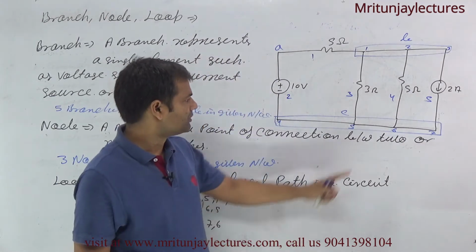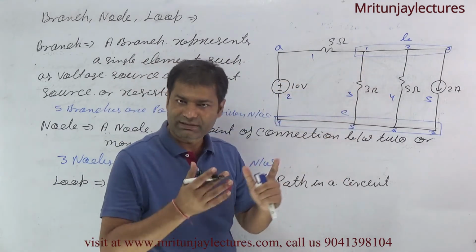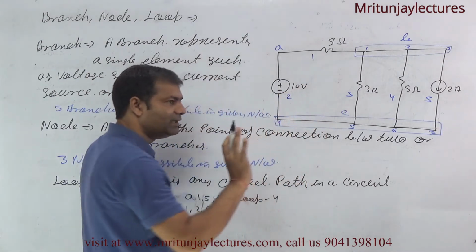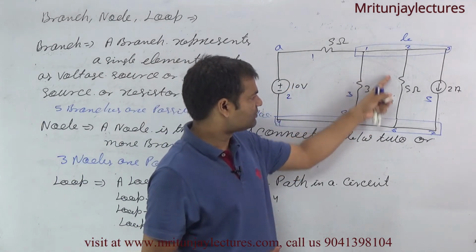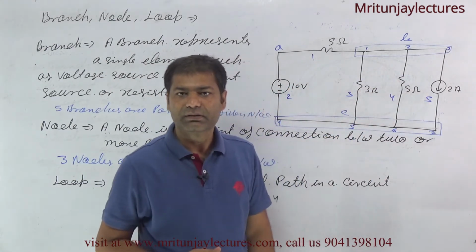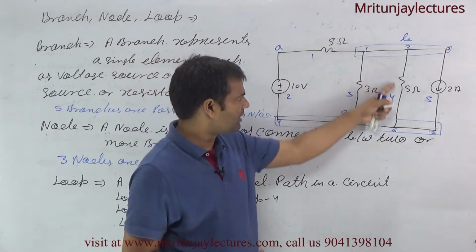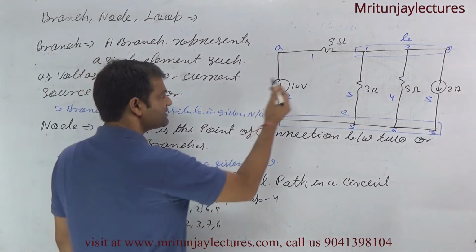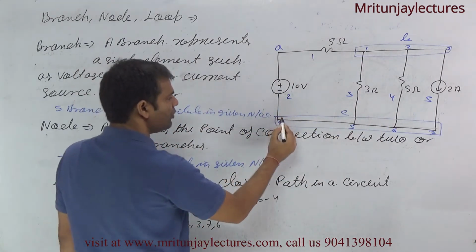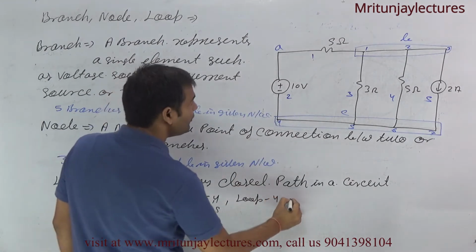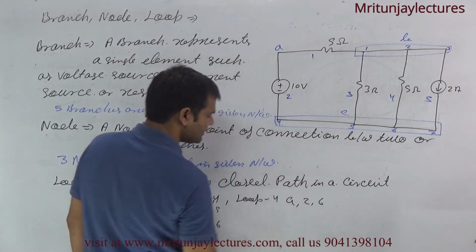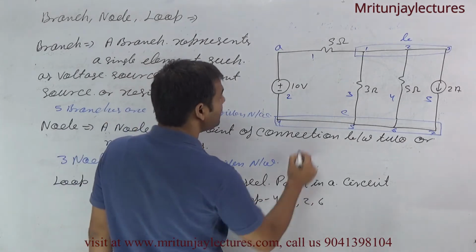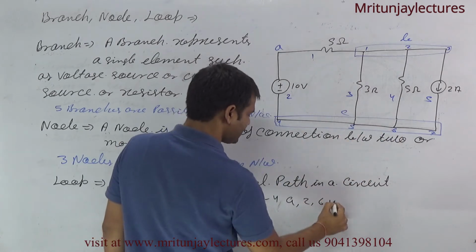Now this one is a super loop, or you can say it is also part of the loop. So there are 3 independent loops. This one and this one are independent loops, and this loop is dependent on the corresponding ones in this network, so it is called a super loop. So loop 4 is A264. Clear?